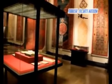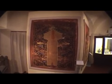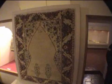Let us zoom in to some of these special carpets on display at the second floor, starting with a special keyhole prayer rug from Konya of the 17th century, followed by a pelt motif Konya of the 17th century. Then comes Konya Ladik, an 18th century prayer rug from the mausoleum of Alaaddin Keykubat in Konya, and Uşak of the 18th century as a prayer rug, where you can see on the white base the footprints,